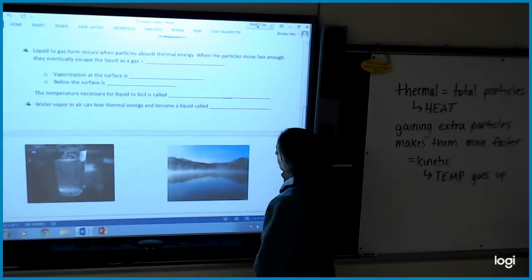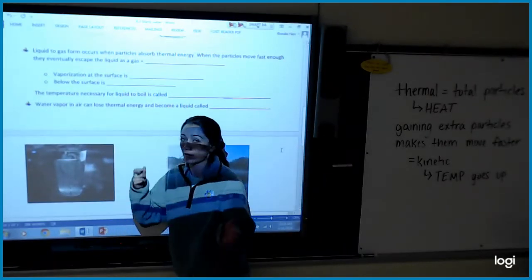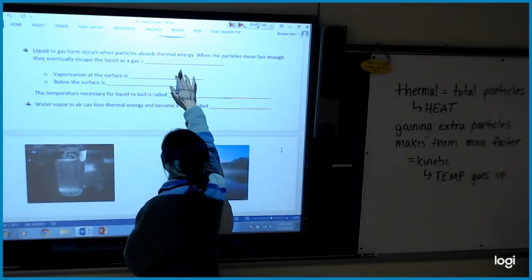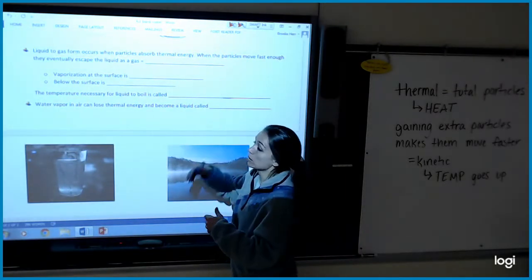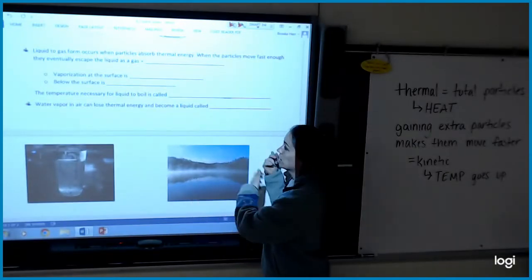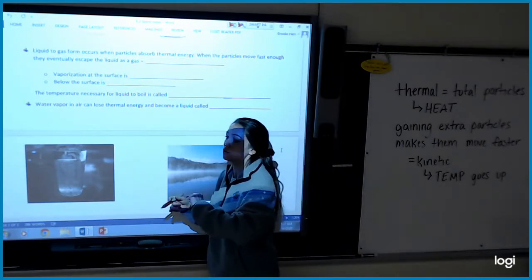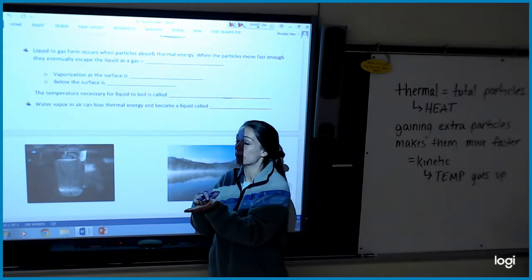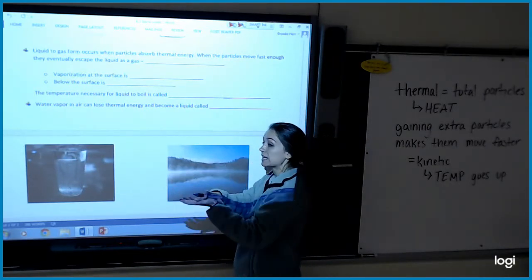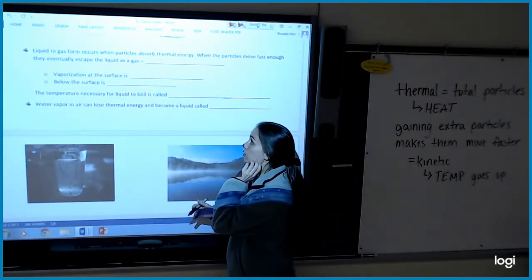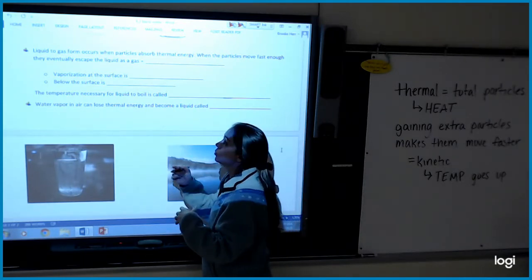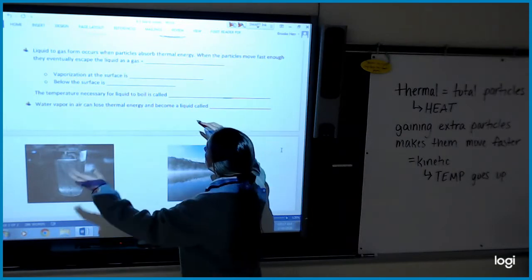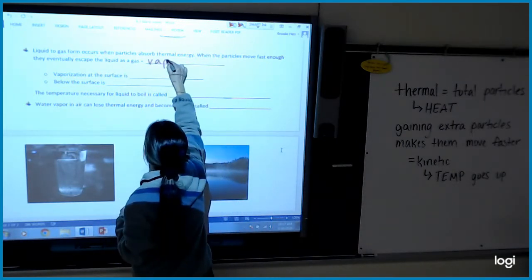Okay. The next one then is going from a liquid to a gas, or from a gas to a liquid. Okay? Liquid to a gas occurs when particles will absorb thermal energy. They will gain thermal energy. So very similar to the solid ice cube melting and turning into a liquid, it gained heat from your hand. If you now take that water, put it in a pot on the stove, and apply even more heat, you will eventually turn it into a gas. It will evaporate. Okay? So going from a liquid to a gas is actually called vaporization,